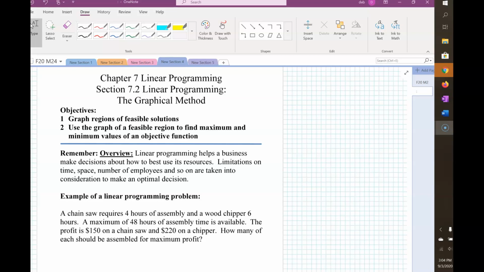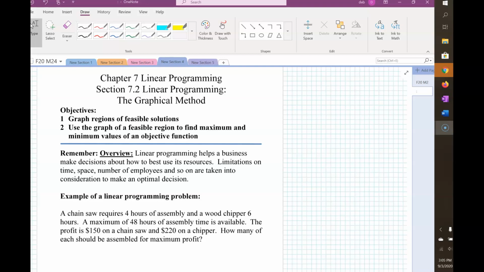So chapter 7 is linear programming, and we're going to continue learning about the process. And then in section 7.3, we're going to pull everything together and do entire linear programming problems. So in 7.1, we started building some of the skills we need of graphing lines, then graphing linear inequalities, and then systems of linear inequalities. So we're going to do a quick review of that and create some feasible regions